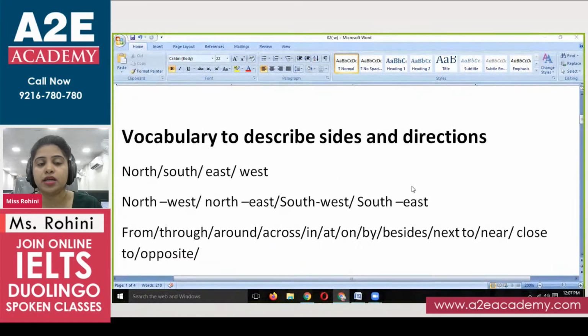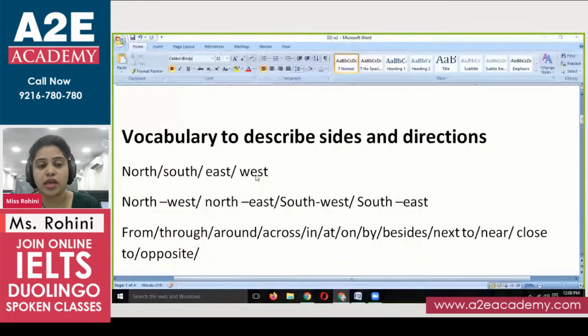Now next you can see vocabulary to describe sides and directions. Okay, like previously we just did words to define changes, now words to define sides. See, we mainly use these words in maps only because we have to give directions. Okay, so it's very important. It helps you to define your writing task in a better way. If you are not using these words, that means you are giving incomplete information. So your map will not be defined properly because we are not telling the direction and location sides. So for that you can use the directions to define the sides, with words like north, south,